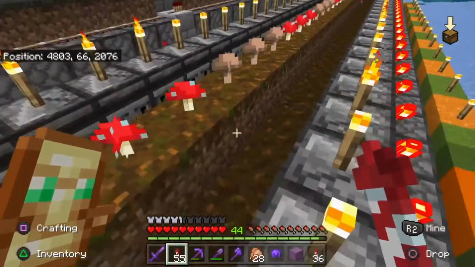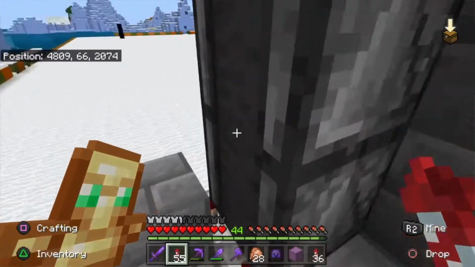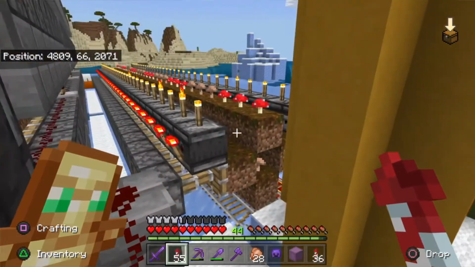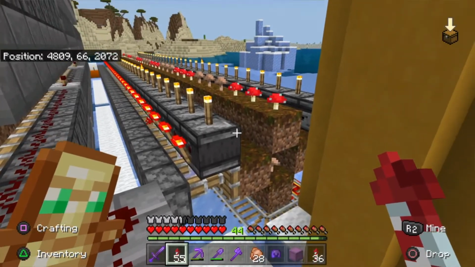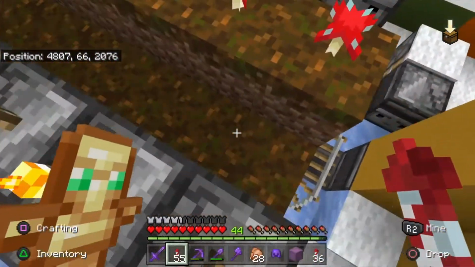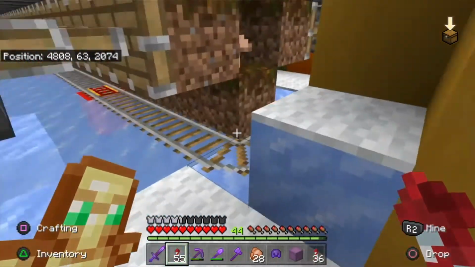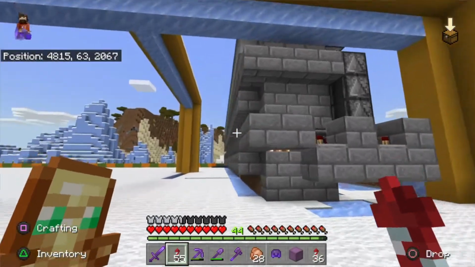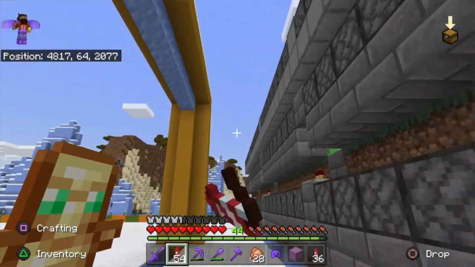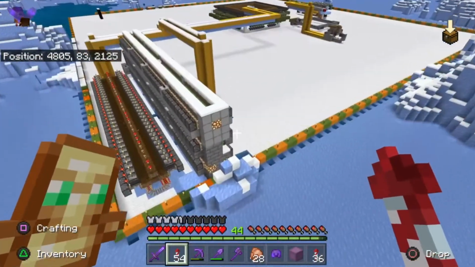I've got a mushroom farm here. It's nothing fancy. I got the idea from Mumbo Jumbo last season with his mushroom farm because it works. The same design works for us. The mushrooms grow down here on the bottom. The piston pulls the block back and spits it back out, and the hopper minecart underneath goes around and picks all the mushrooms up. Right next to that, I have a sugarcane farm, which